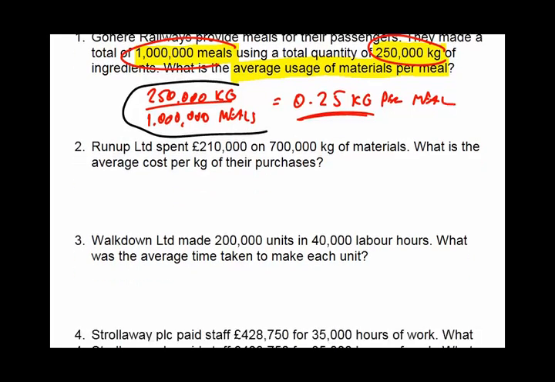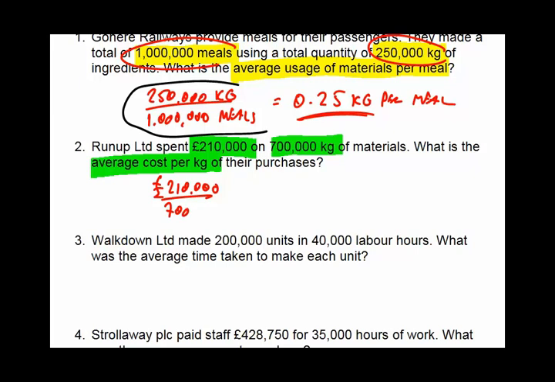Okay, example number 2. Run-Up Limited spent £210,000 on 700,000 kilograms of material. What's the average cost per kilogram of these purchases? Well, how am I going to do my division here? Well, if I want the average cost per kilogram, so how many pounds did each kilogram cost, I need to take the £210,000 total cost, divide by